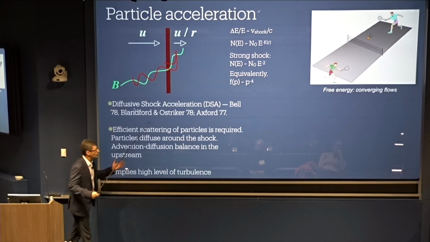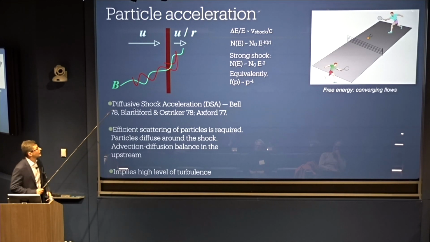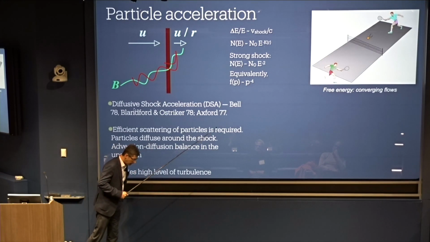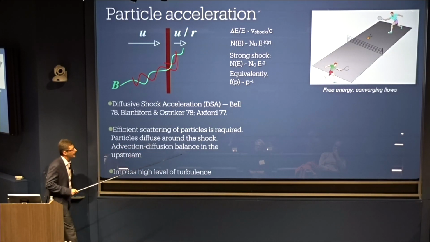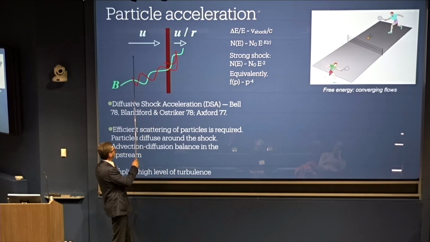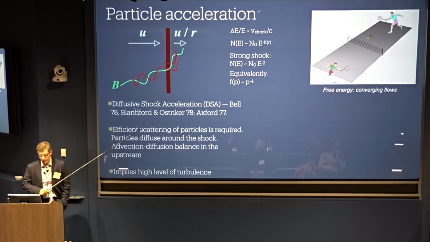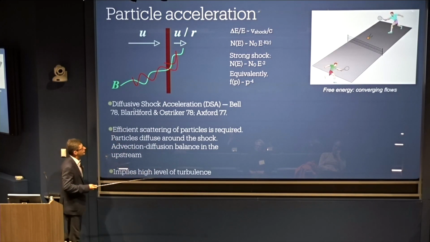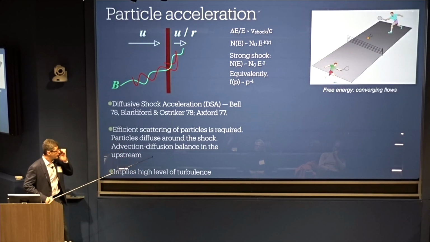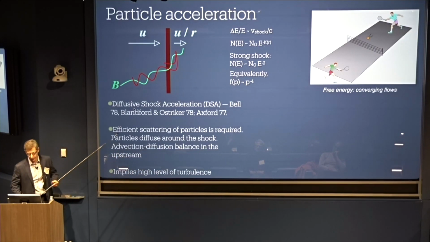So first of all, what is shock acceleration? I don't have to explain it, but I will. The idea is that a shock is a continuously converging flow. So the upstream and the downstream of the shock are moving at relative velocity to each other. And if a particle manages to bounce between the upstream and the downstream, it will gain energy. Just managing to bounce means that there is some kind of turbulence on which it can scatter. And this turbulence presumably is self-generated. So these particles need to provide their own turbulence.